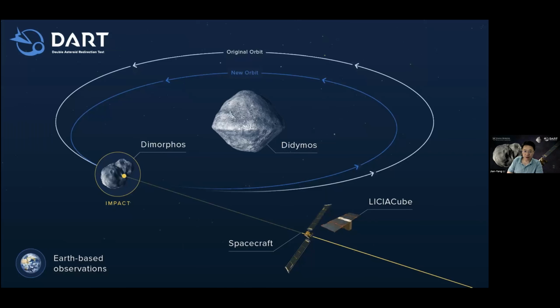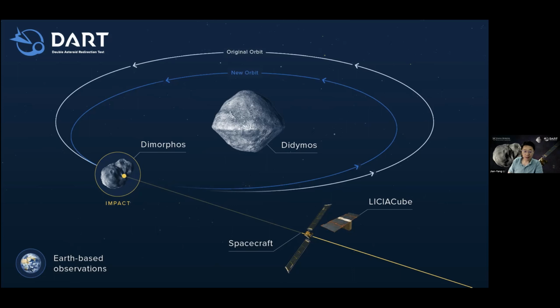Okay, now the target. Why are we hitting a double asteroid? And why, in particular, are we hitting the moon of a double asteroid? Why don't we just hit any asteroid? This is actually a very smart part of this mission, of the idea. The reason is that with the impact, we can only change the speed of the asteroid this much, actually very little. In particular, DART changed the speed of the target by about 3 millimeters per second.